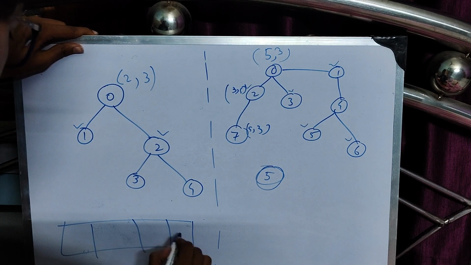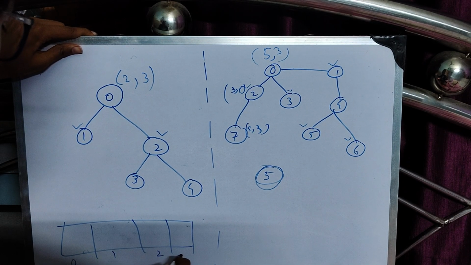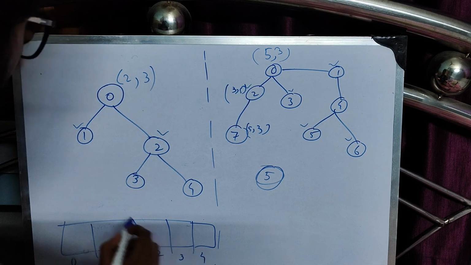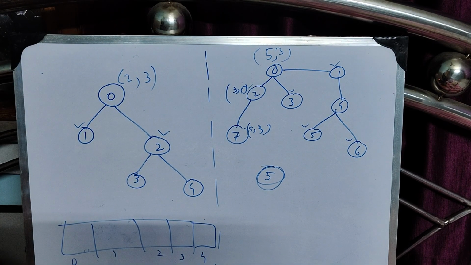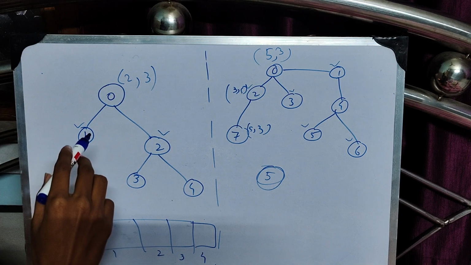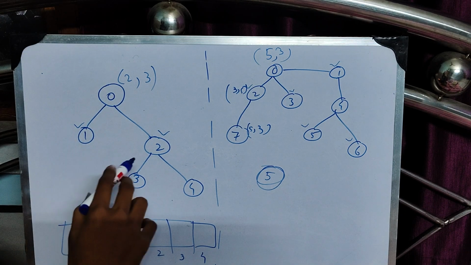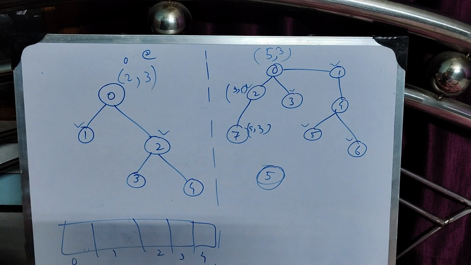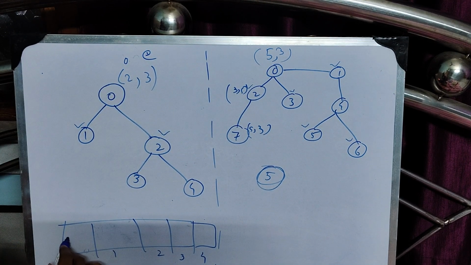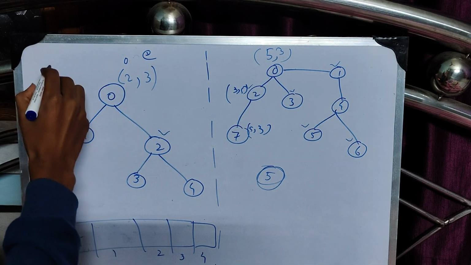So as you have got the array 0 1 2 3 4, let's add odd, 1 2, this is odd and this is even. So even is 3 plus